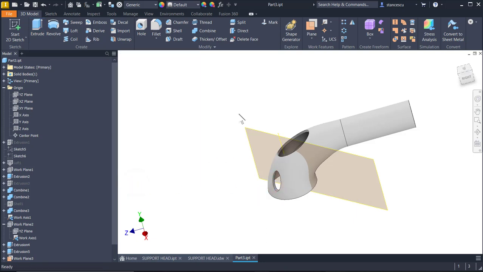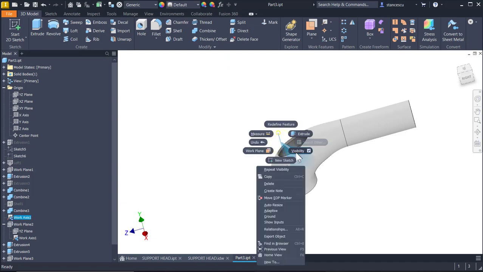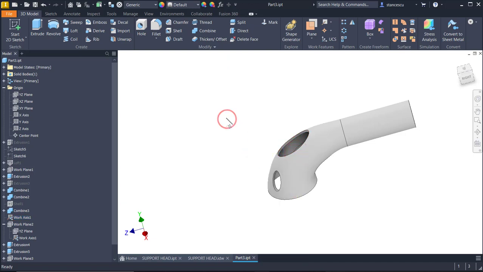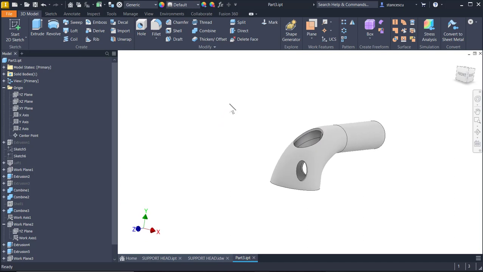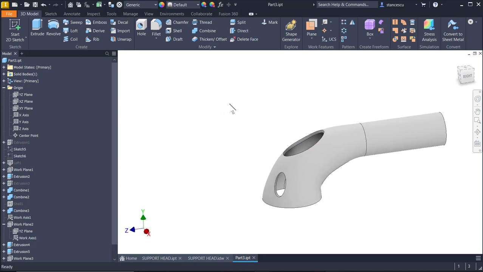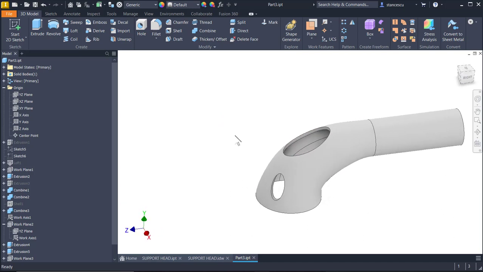Okay. The plane visibility, the axis visibility, and I have a new hole. Now I don't make this visible